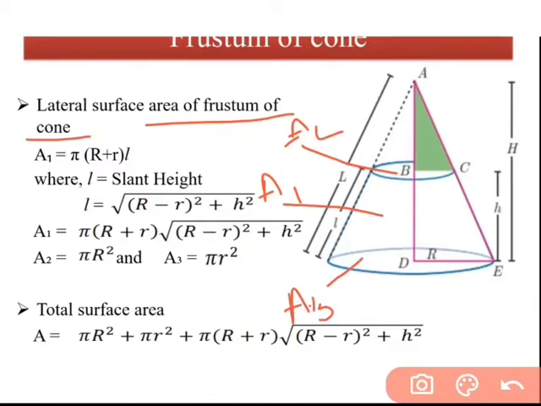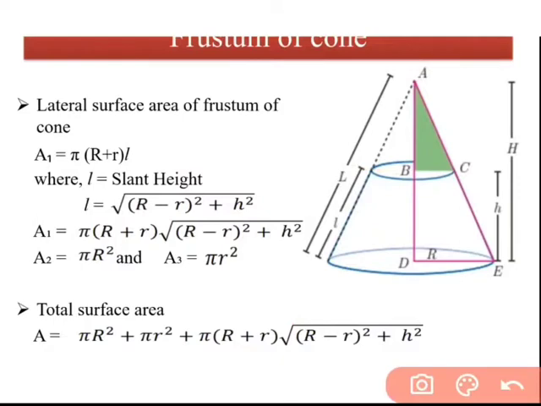Okay, so A1, that is this portion, A1 is equal to pi in brackets (capital R plus small r) into slant height l, where slant height l is equal to,